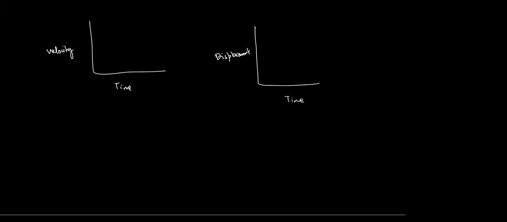When I'm talking about the velocity time graph, if the velocity time graph is parallel to the time axis, then we say that this object has a uniform velocity and it is moving with a particular speed. The velocity is constant. This is indicating that velocity is constant.